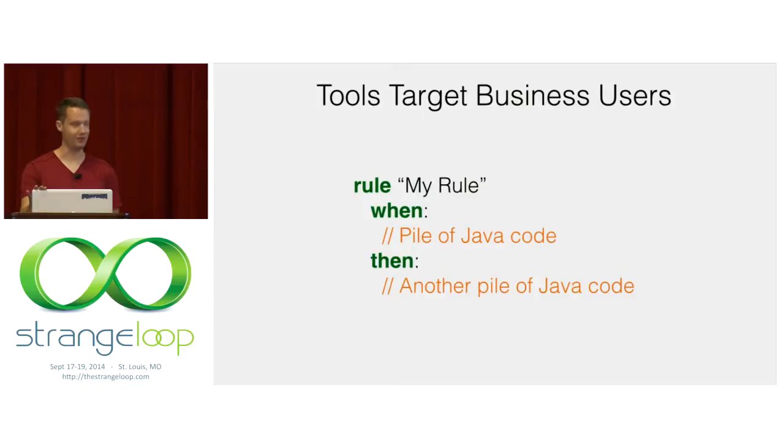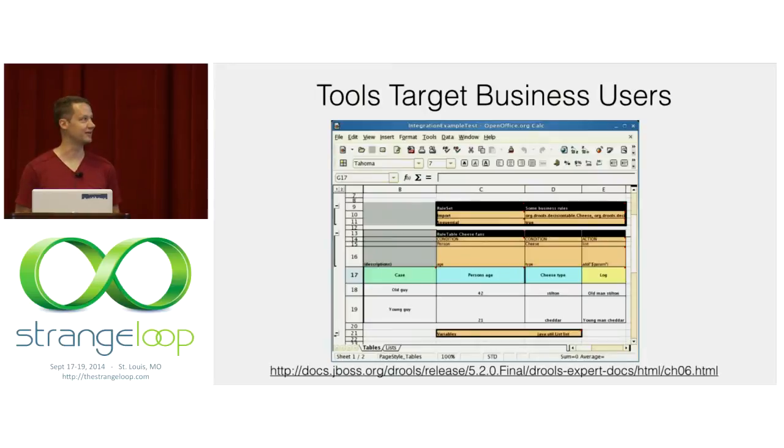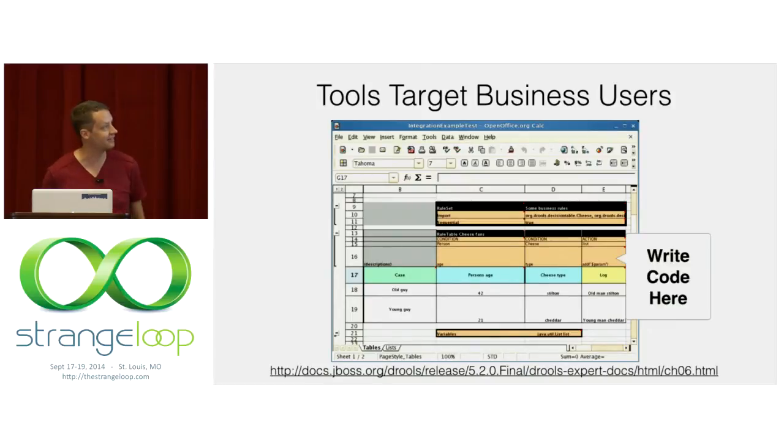And so we end up with things like this, where we have a tool that targets a business user, and we end up with a pile of Java code, then another pile of Java code. I mean, what did we really buy ourselves here? We said we're writing Java with a .drl file now. It doesn't really buy us much. And then similarly with this, putting in decision tables. I mean, it looks clean. I know you can't read the specific text in there, but if you could, you would see that, yeah, that's Java code in an Excel spreadsheet. There's a couple other examples of it.